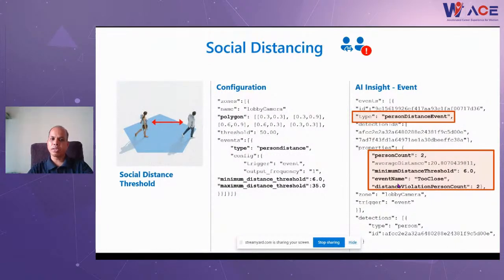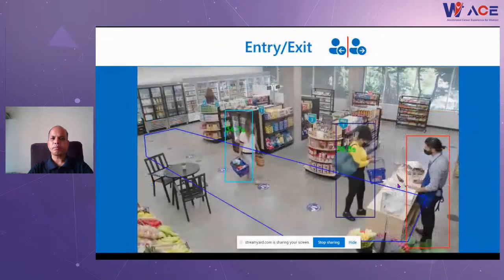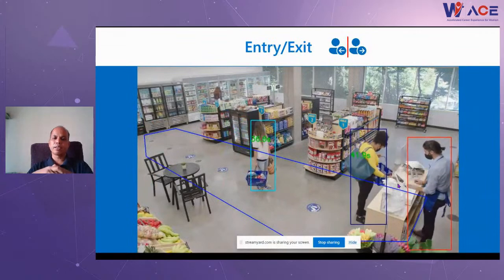The same applies to a photograph also. If there are two people walking, what would be the distance between them when they are walking on the same street or the same place? Are they walking close by, or maintaining a safe distance? So that in office campuses, shopping malls or hospitals, we can enforce those rules if people are not following them.